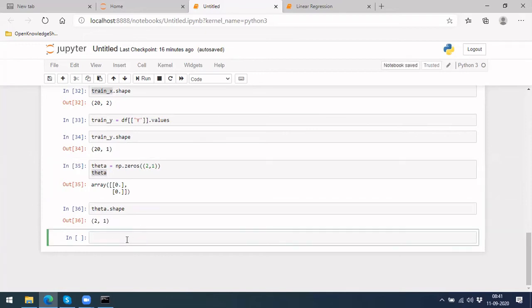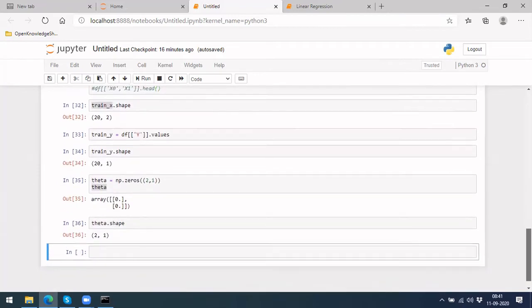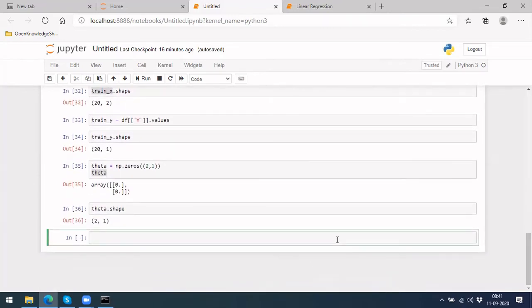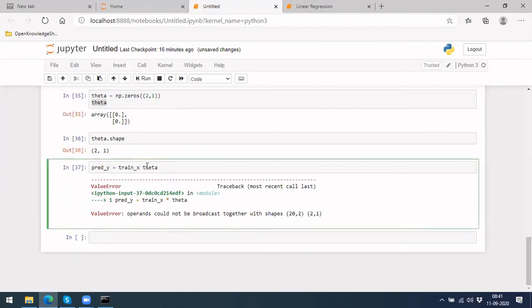So now the next step would be, in case you want to do prediction, right? So what would the prediction y be? It would be x in train x into theta. So let's see this. We got an error saying that we actually have to do dot product between these two.